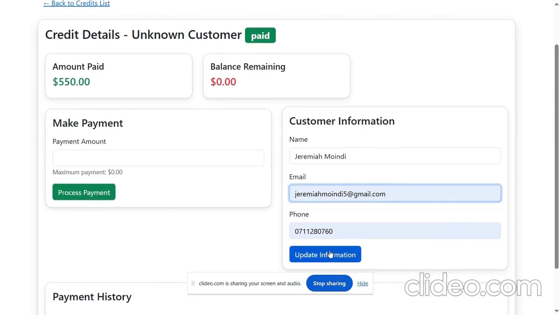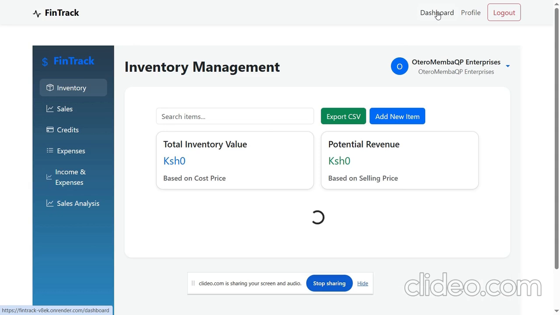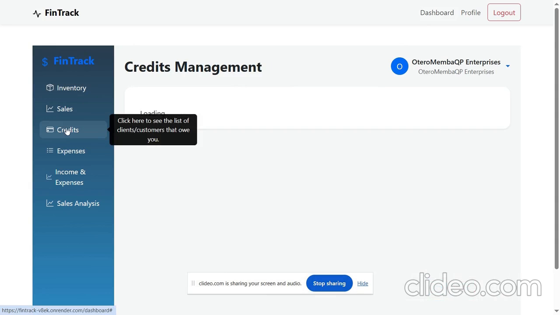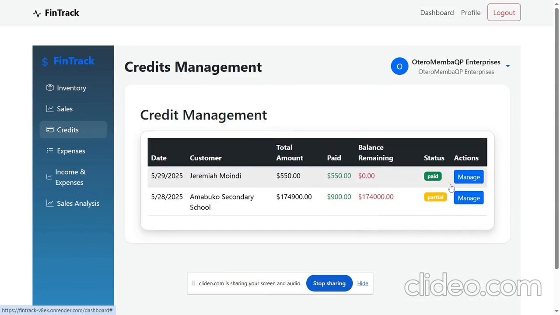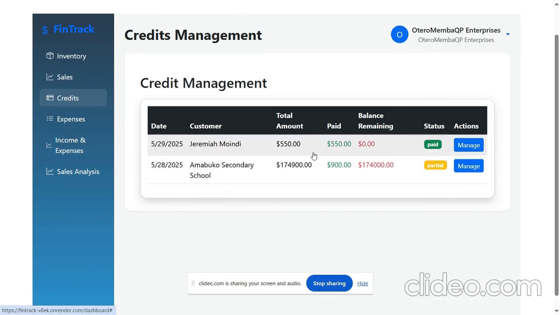Then you update the information, and oh, the update failed. Let me check if it is my network which is not okay. Yeah, here, and you come there, and oh yeah, so the system has already updated. It's like the network was not so nice. So you see here, after you have managed the credit, the system updates that the status of that transaction has been paid already, and this tab here turns from yellow to